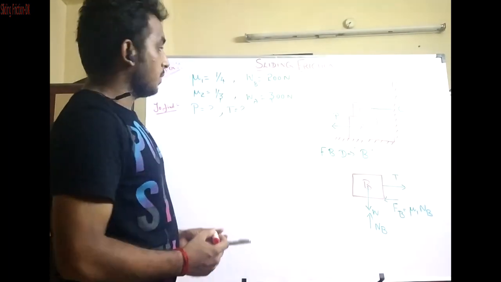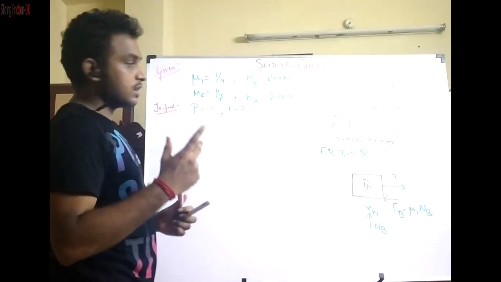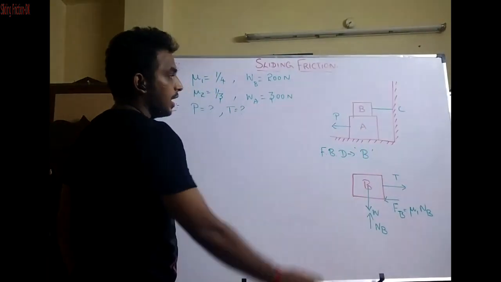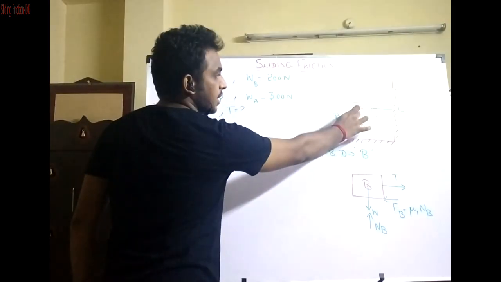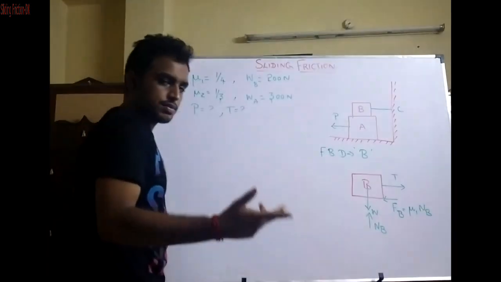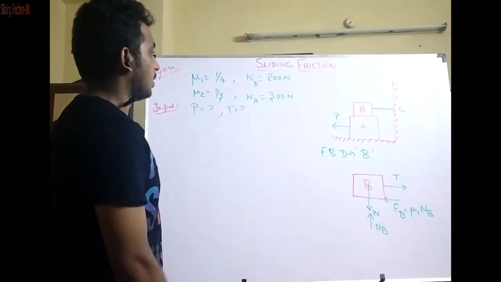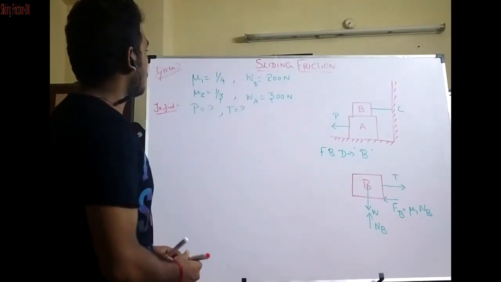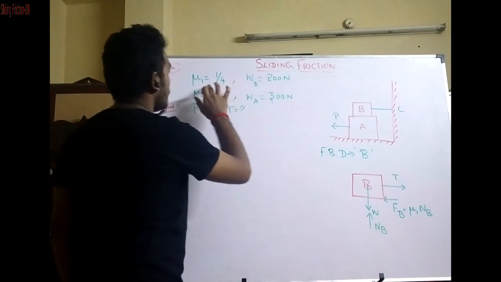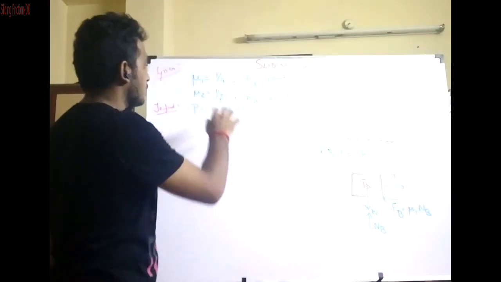In this problem, they are given two blocks in which block B is placed over block A, and then this block B is attached to the vertical wall with the help of a string, or a cable. And then they have said in this problem the coefficient of friction between the block B and block A, I am going to take to be mu suffix 1, which is equal to 1 by 4,